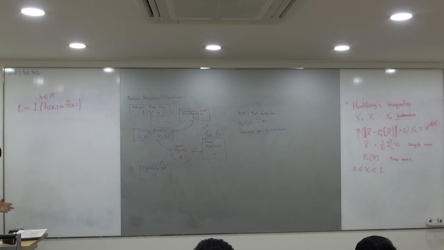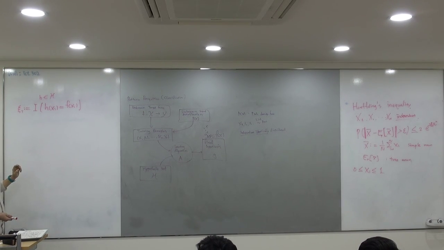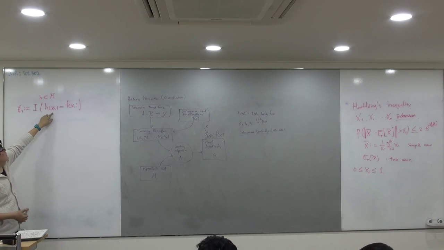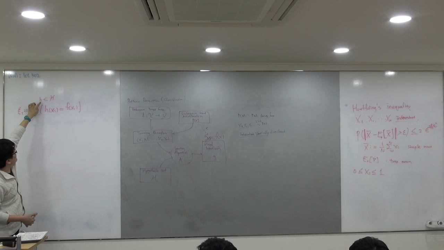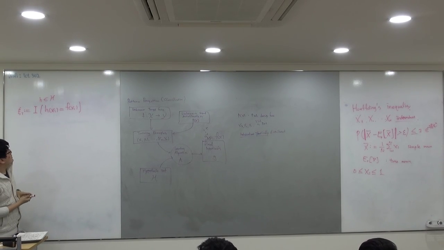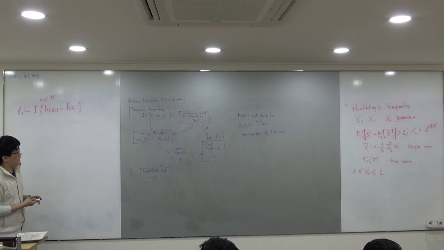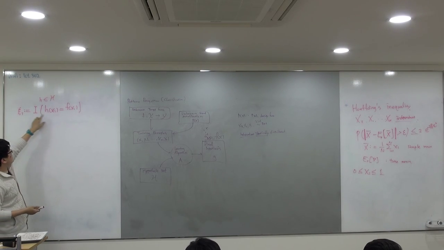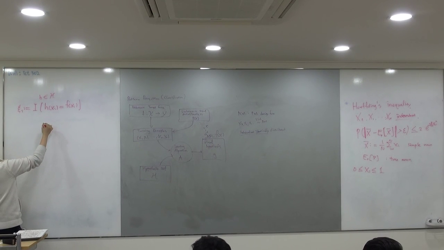So I define this psi_i, which is to measure, for data x_i and for any hypothesis h in the hypothesis set H, this one indicates if